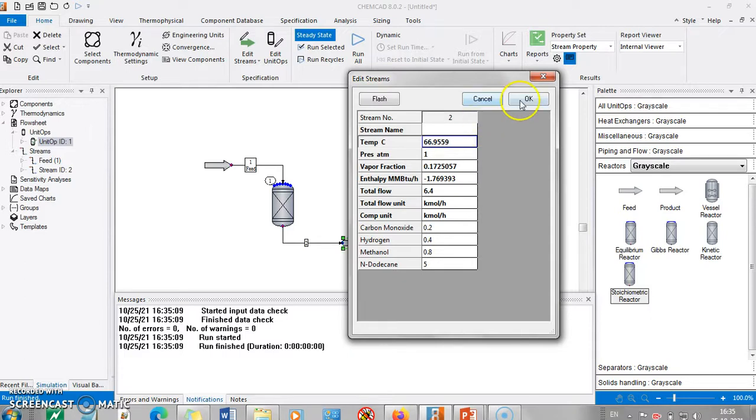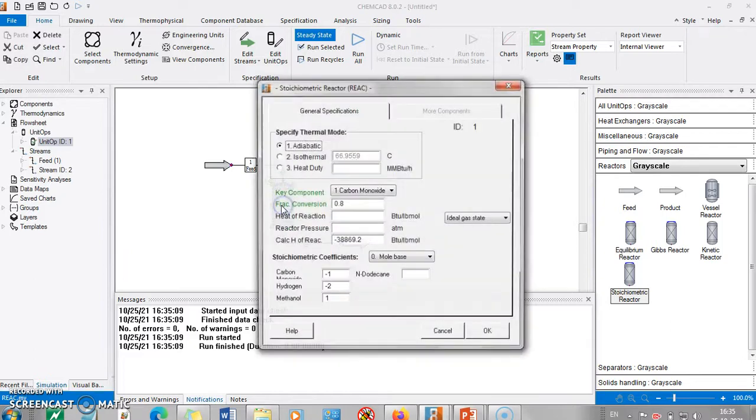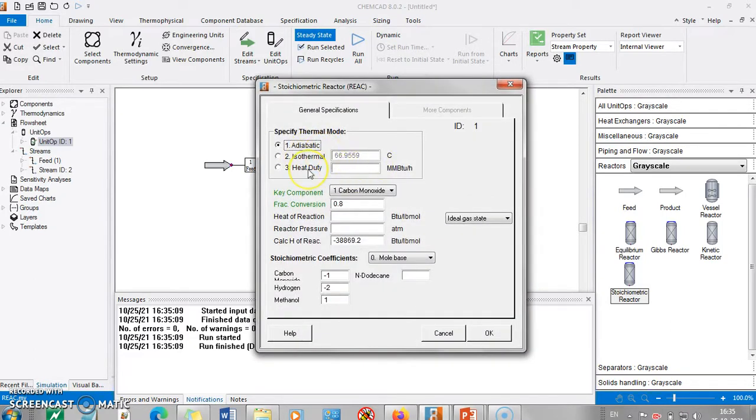So this is adiabatic. Now if you want, you can use isothermal, but in that case the heat needs to be removed. So then the heat duty would come into the picture. Or you might say that I will be supplying this much heat duty or removing this much heat duty. In that case also it will be non-isothermal, non-adiabatic, and the final temperature would be different. So likewise you can play with all these options and find out the final temperature, and conversion is fixed. You can vary the conversion and you can get the answer.